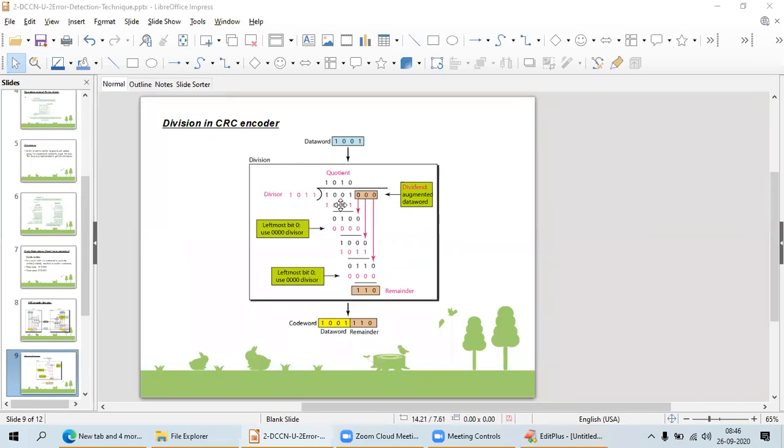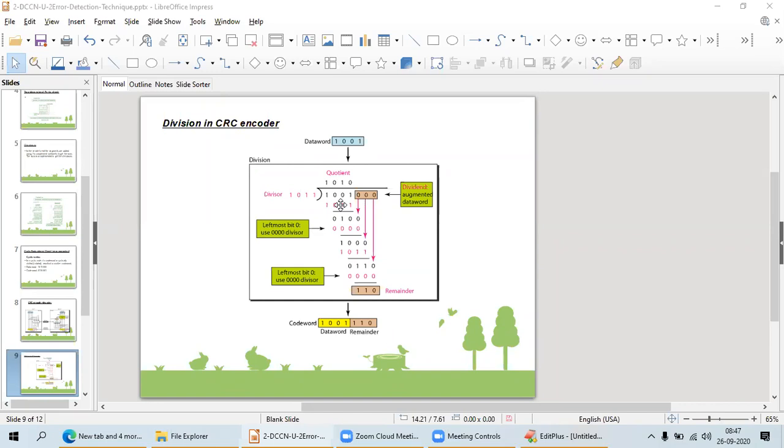One bit less than that divisor, I am going to add those bits to my data word to make the code word. Okay, first of all, I considered these 3 bits as zeros. Every time, whatever you take, you have to add that many zeros to the end of the data word to get the resultant.